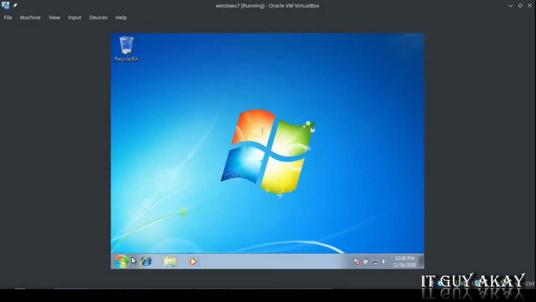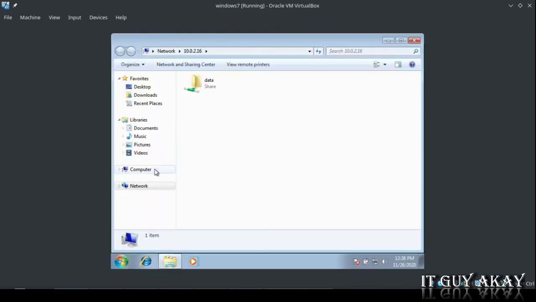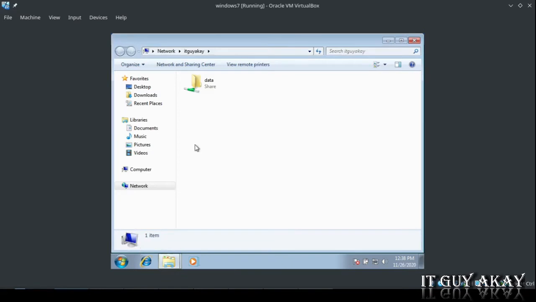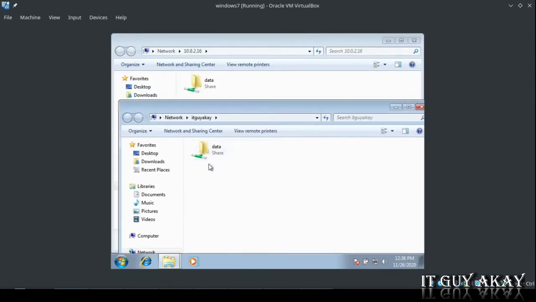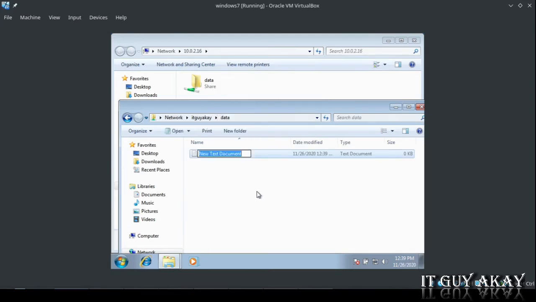Either you can access the share with the IP address or with the NetBIOS name which we have defined in the smb.conf file. As you can see, we are able to access our Samba share without any password. And we are able to create any file and directory inside this share.